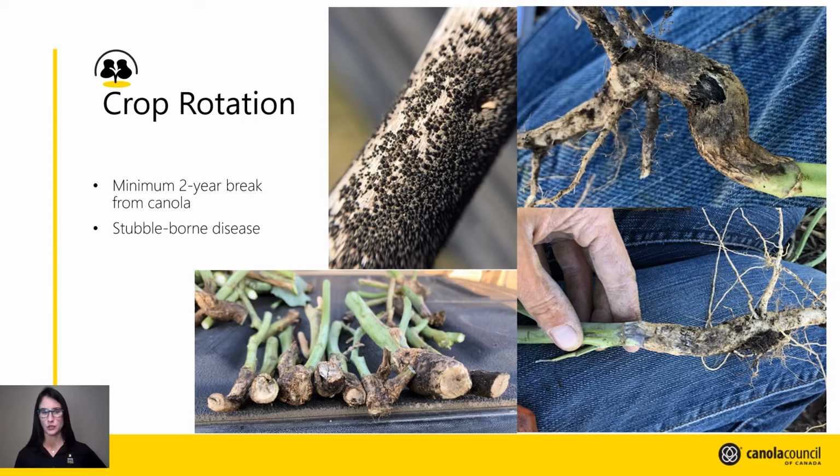So number one is crop rotation. This has not changed. This is something that we see in a lot of our disease management tools and tactics. You've got to be able to allow the stubble to break down within the field. Blackleg being a stubble-borne disease, it needs just time to allow this old residue to break down. Typically, what we're recommending right now is at least a 2-year break. With a 2-year break, you're able to allow the residue to break down for the most part fully within the